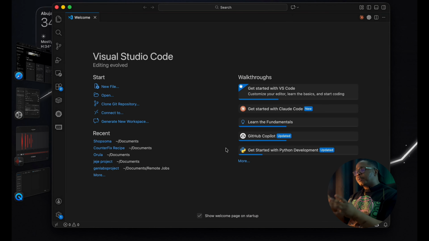So the number one thing we need here is a project. Everything you need to do, even if you want to edit a video or start writing notes in your notes app, you need to create somewhere like a project, like a folder, where the stuff you're working on is going to be stored. That's basically what I'm talking about here. We need to actually create a folder for this project.